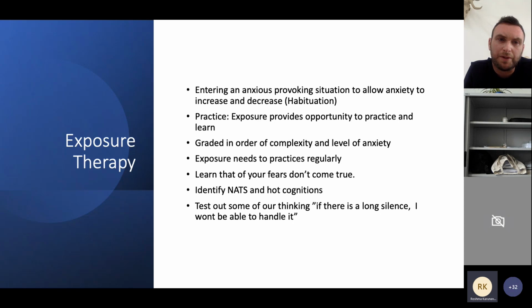So if the person has a difficulty, for example, with talking to people, you can have a look at certain situations where they may be able to talk to somebody. Maybe it's a family member which isn't that bad, and help them to gain confidence to a point where they're able to talk to a stranger. And that may take a little bit of time. What you're doing is you're building on the person's own perceived fears, and you're building it up nicely. So it's graded in order of complexity and level of anxiety.